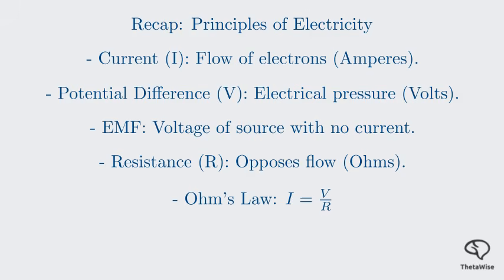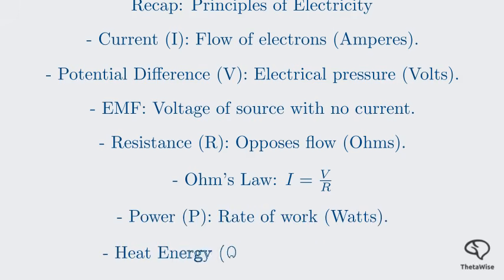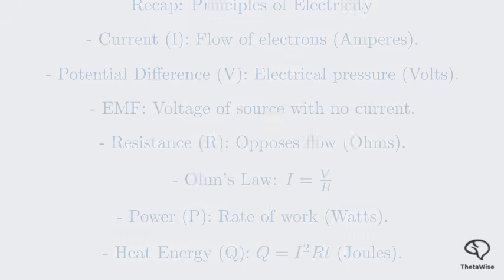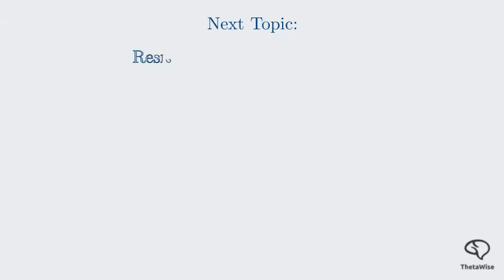Ohm's law. We also learned about electrical power, P, measured in watts, and heat energy, Q, measured in joules, along with Joule's law describing the heating effect. Finally, we explored energy billing using the kilowatt hour and worked through two comprehensive examples that required us to define, calculate, and convert these quantities. You have now met all the learning objectives we set at the start. In our next video, we will continue to build on these foundations as we begin to analyze resistors connected in